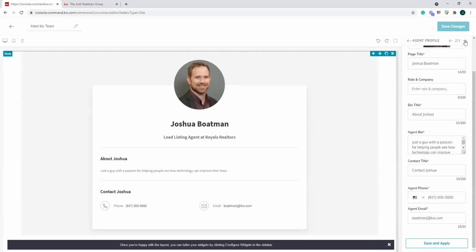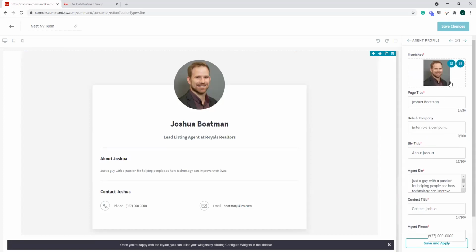And then once again, I can continue to go through each widget, and here's the information that it's pulling, right? If I want to change something specific, I can even have a specific photo on this one if I don't